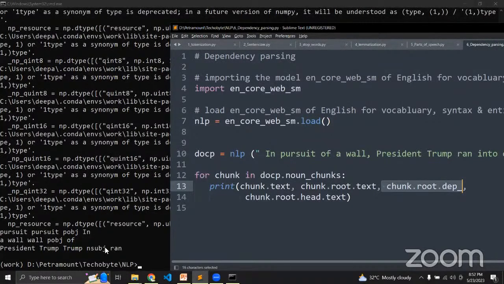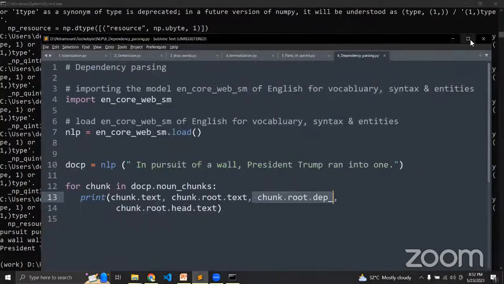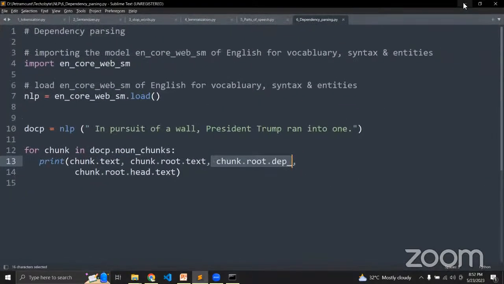So in that case, President Trump ran. The actual subject is Trump and it is running. So I'm getting some more different insight about it. It's a combination of POS, parts of speech, and dependency parsing together. But to answer your question,